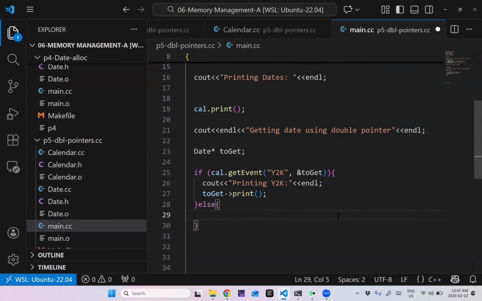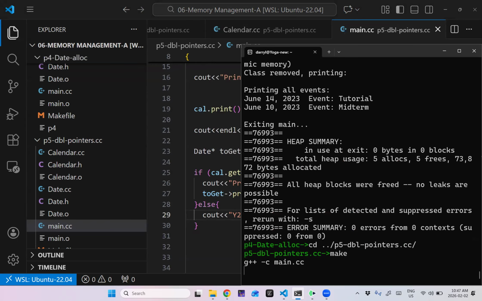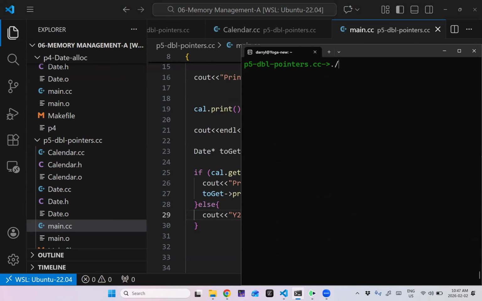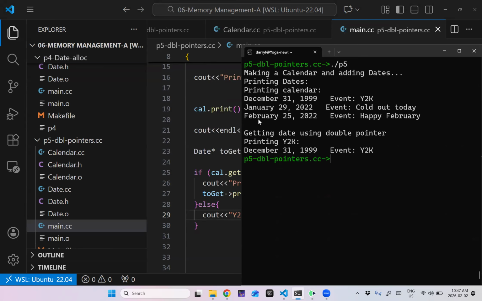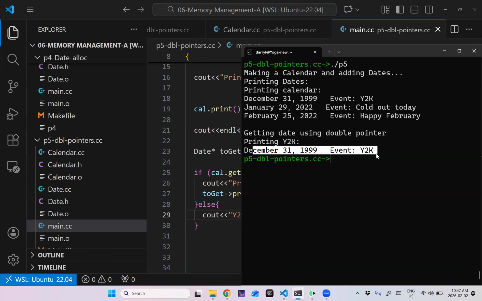So there you have it, getting the Y2K event using a double pointer, and it worked.